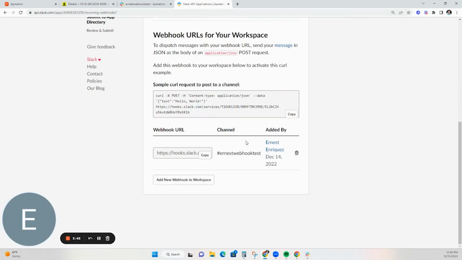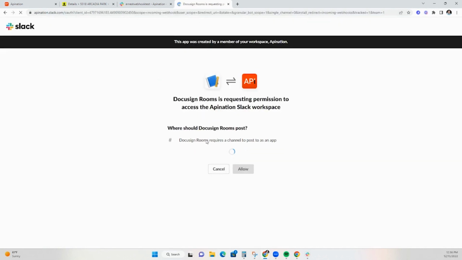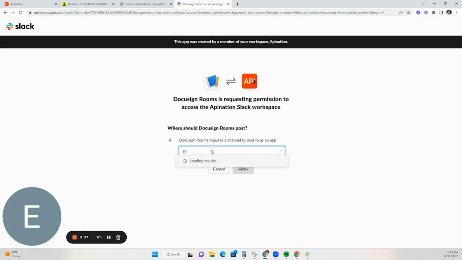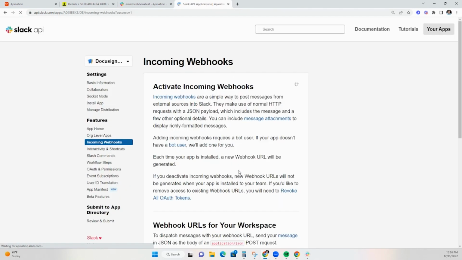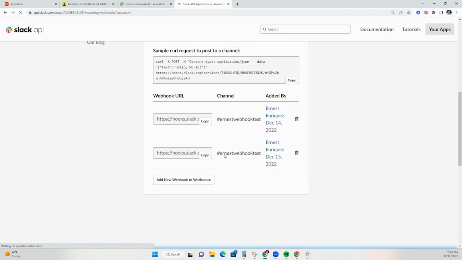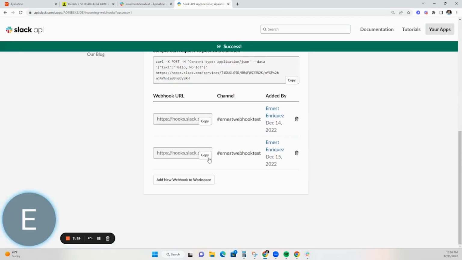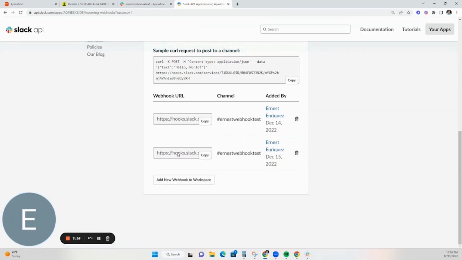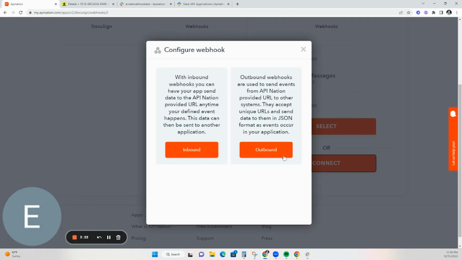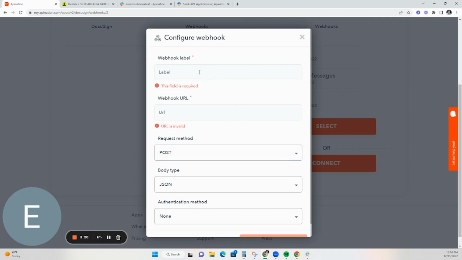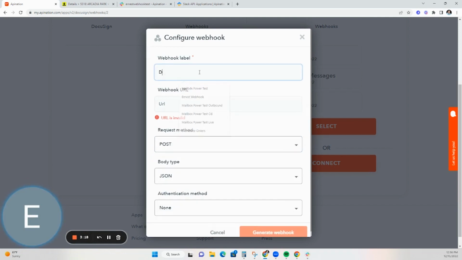Now, once you're in here, it's as simple as clicking Add New Webhook to Workspace. It's going to bring up this screen. And then we're going to bring up my test channel here, and we're going to go ahead and allow. So now that we've got that connected, we're going to go ahead and copy the URL. So here's the URL, and head into API Nation's dashboard, select outbound, and then we're going to label this DocuSign Slack